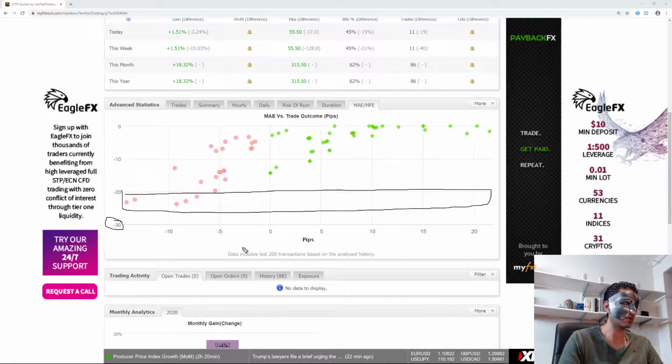Now coming back to the outliers, why don't I want outliers? Now imagine you've got outliers down here. You may even have an outlier down here. That means you're taking 50, 60, 70 points of heat to make what, 15 points. One day what's going to happen, if your stop losses are too big, is you're going to take such big losses, it's going to wipe these out in one go.